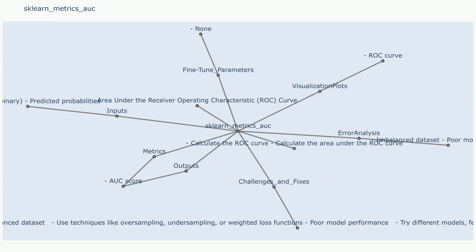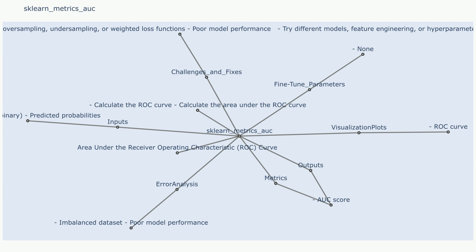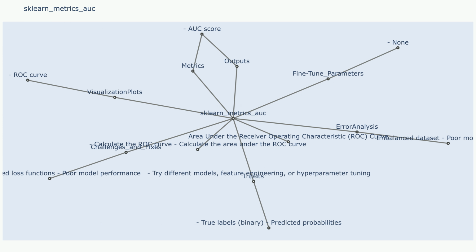Uncertainty methods. Uncertainty method 1: explain in detail confidence intervals for the AUC can be estimated using bootstrapping methods. This involves resampling the data with replacement and calculating the AUC for each resampled dataset. Uncertainty method 2: explain in detail. The standard error of the AUC can be estimated using the delta method or similar statistical techniques.